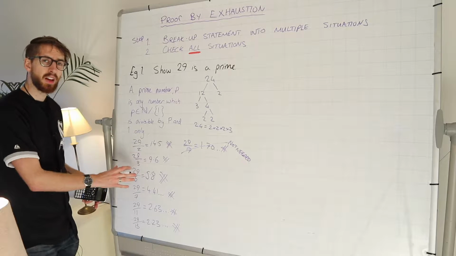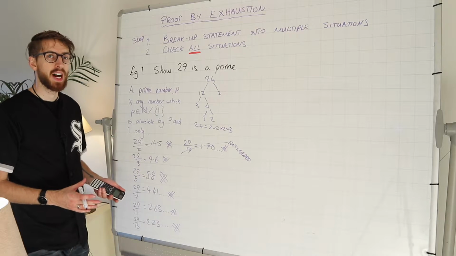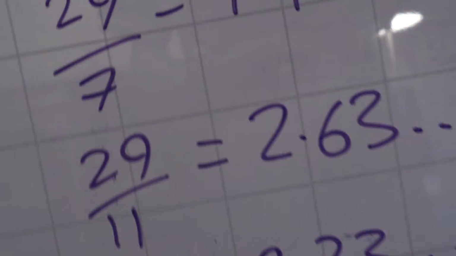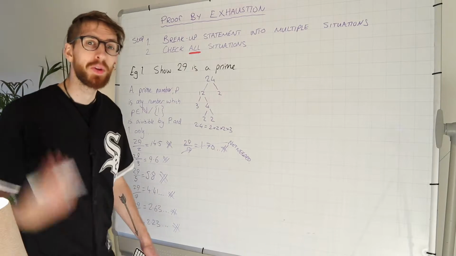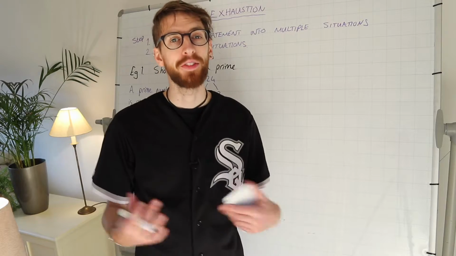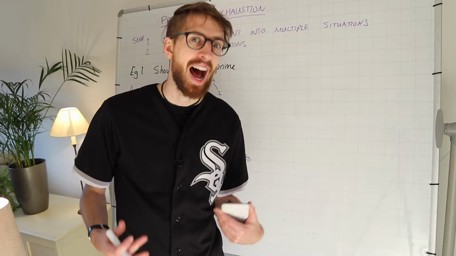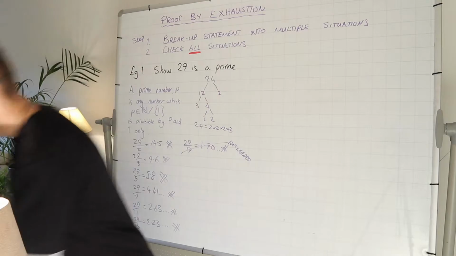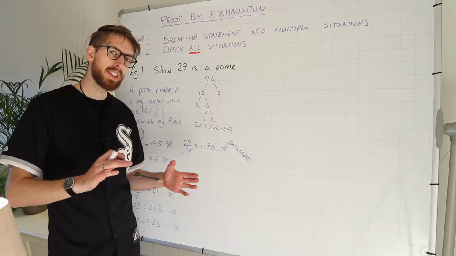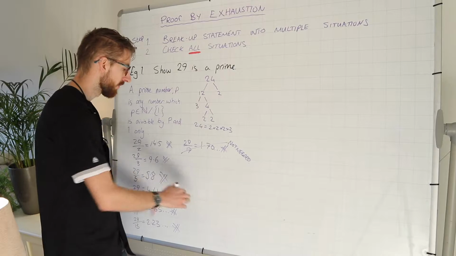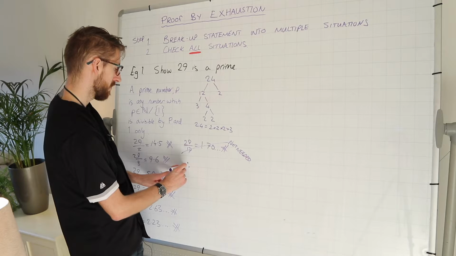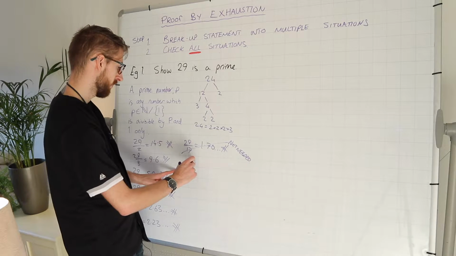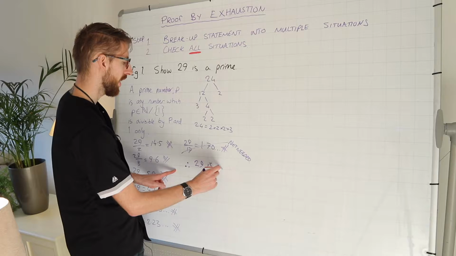So what we've done here is we've already proved that 29 is a prime because it's not divisible by any primes which are less than half of itself. But we have to finish our little proof by writing this as a sentence. How do we write this as a sentence? All you have to do is say, therefore, 29 is a prime